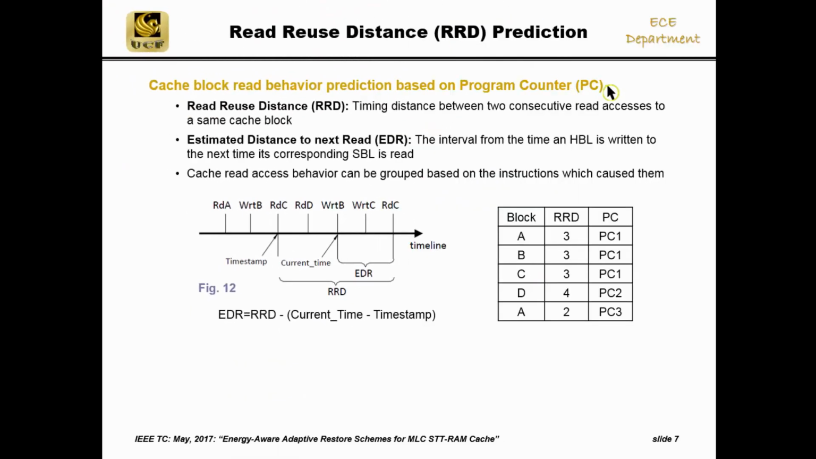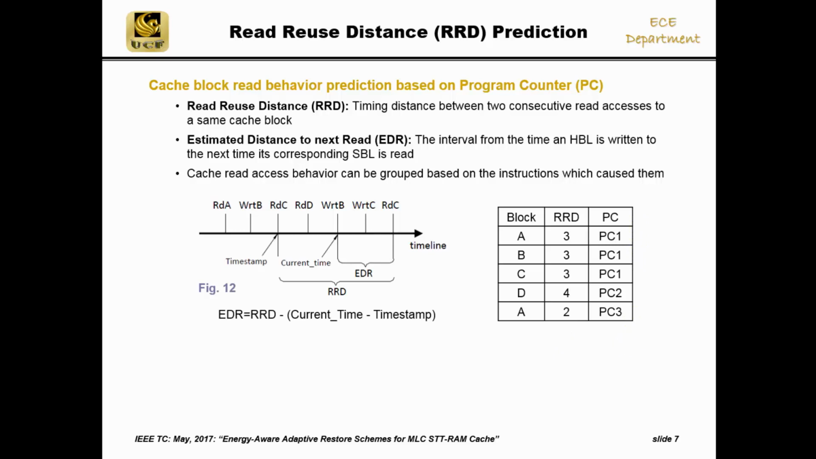To predict the read-reuse behavior of a cache block, we introduce the concept of read-reuse distance. Read-reuse distance is computed as a timing distance between two consecutive read accesses to the same cache block. As shown in figure 12 of the paper, we depict RRD and also the estimated distance to read, or EDR. Accurate prediction is enabled by the fact that cache access behavior can be grouped based on the instruction PC at which they ensued, as illustrated in the rightmost table for this example. We have various code blocks which have corresponding RRDs, each of which have different PC values that directly correspond to